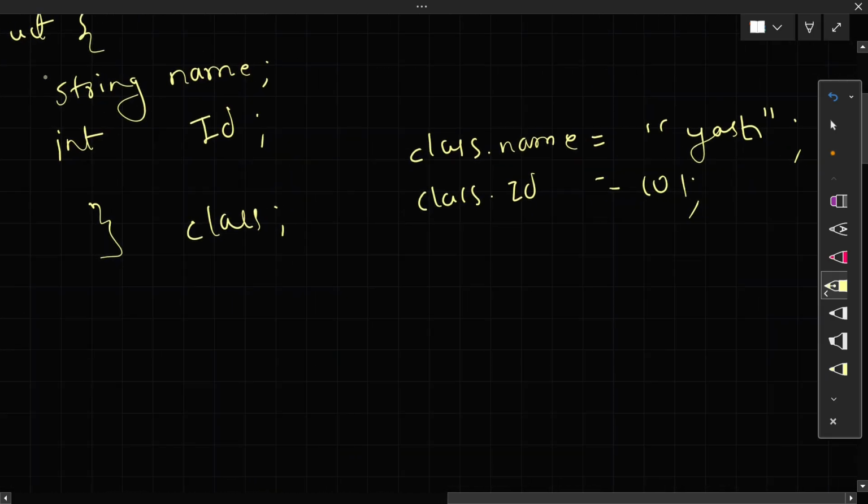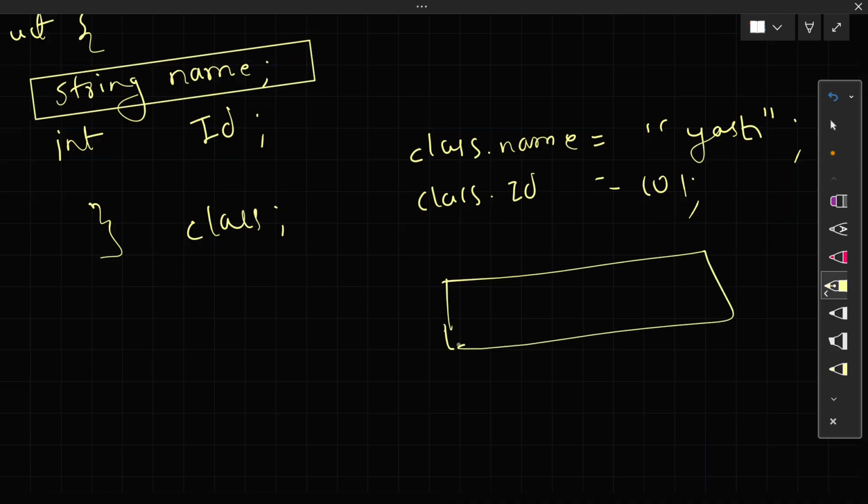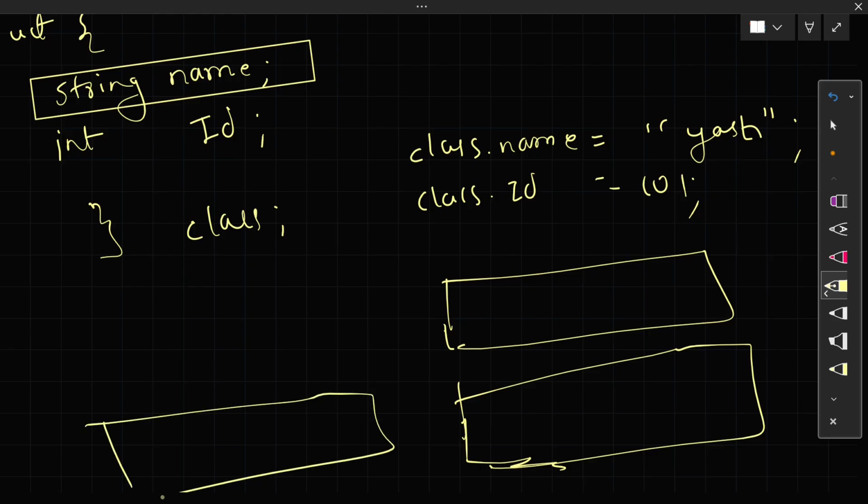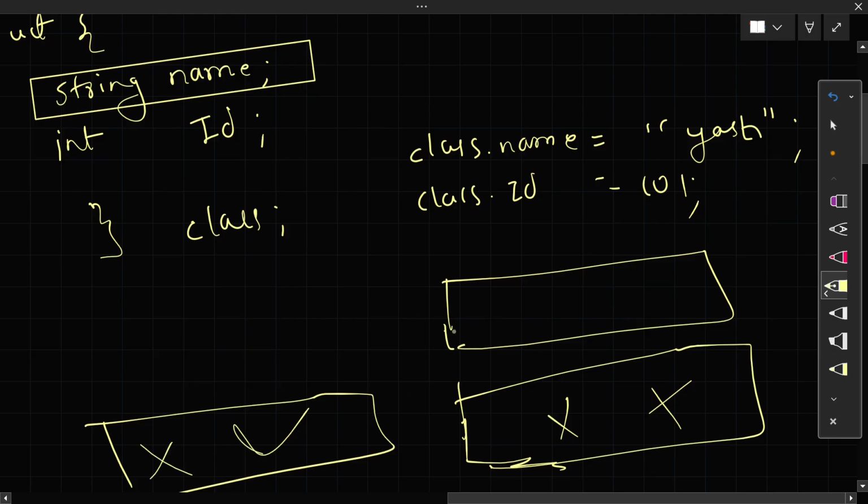So what does this mean? The string name will have separate memory, and the int will have separate memory. Whatever the size of both is, it depends on the system. For example, int has 32 bits. Some memory will be created, and if it is full, then it will create another, and some wastage of memory will be there. So it is not as efficient as a packed structure, but we mostly use unpacked structure because we want to use